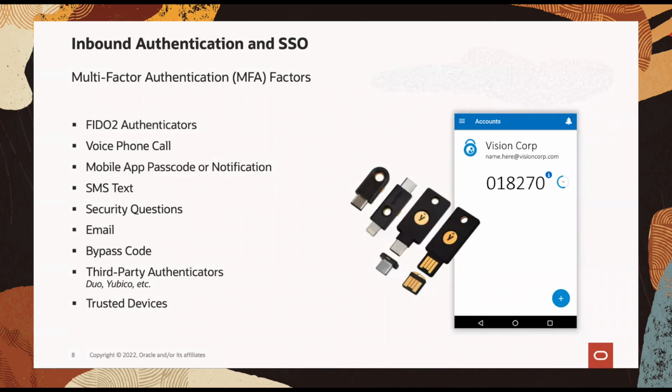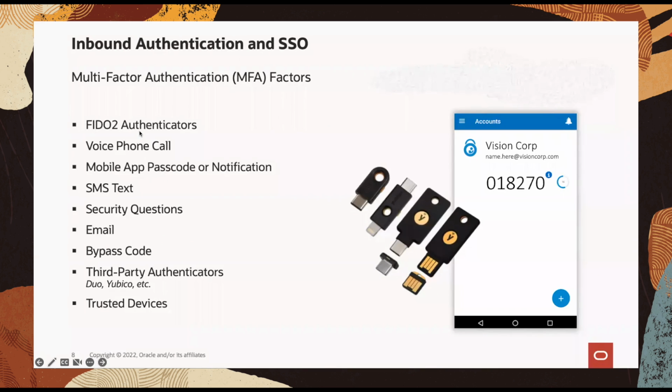And we also do support the common MFA methods like email, SMS, or phone call, and security questions. So these are the other options which you can leverage. Then if you have any hardware keys or YubiKeys to log into the OCI IAM or the application protected by the OCI IAM, then you can onboard those authenticators, FIDO2 authenticators,